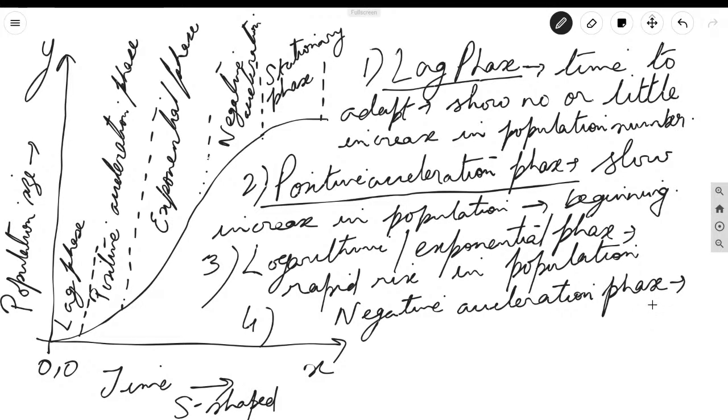Now here what happens, there is the rise of the population which was very rapid in the logarithmic phase. This declines. Still rise occurs with a gradual rise, but when you compare it to the rate of the growth of population, or acceleration in the logarithmic phase, then it fails in comparison, or it lags behind that acceleration value which was noticed in the logarithmic phase. Why? Because finally you are reaching the carrying capacity, because the resources are becoming limited and